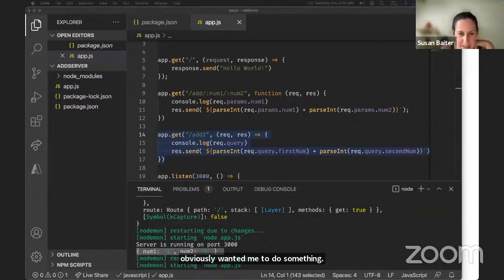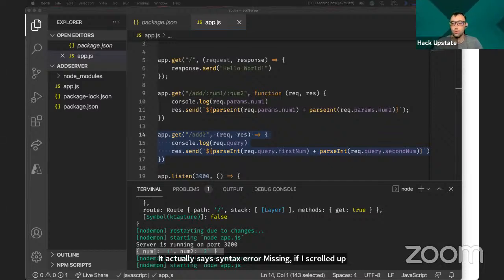It actually says syntax error missing. If I had scrolled up, it says exactly what's missing. And so yeah, when I push on you guys a little bit, that's why: it's getting the practice of reading those error messages, understanding where they're at, and then trying to work through them a little bit.